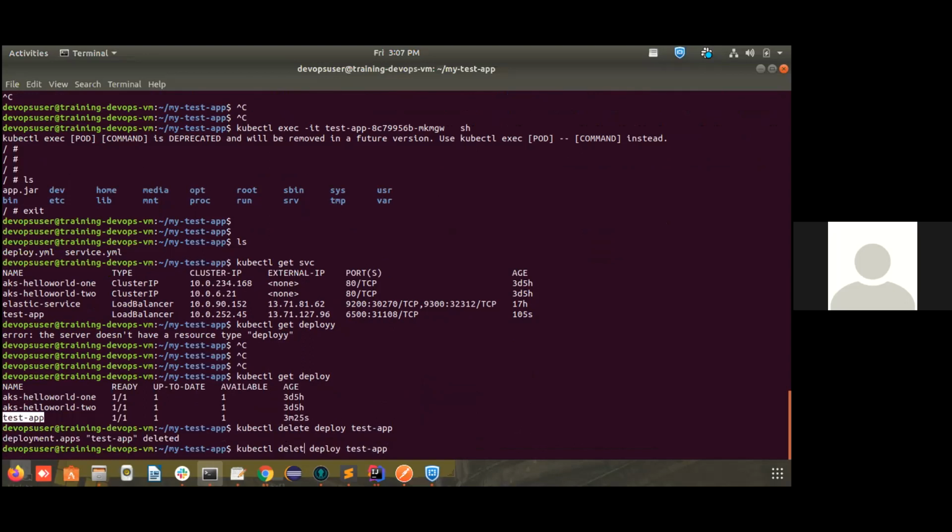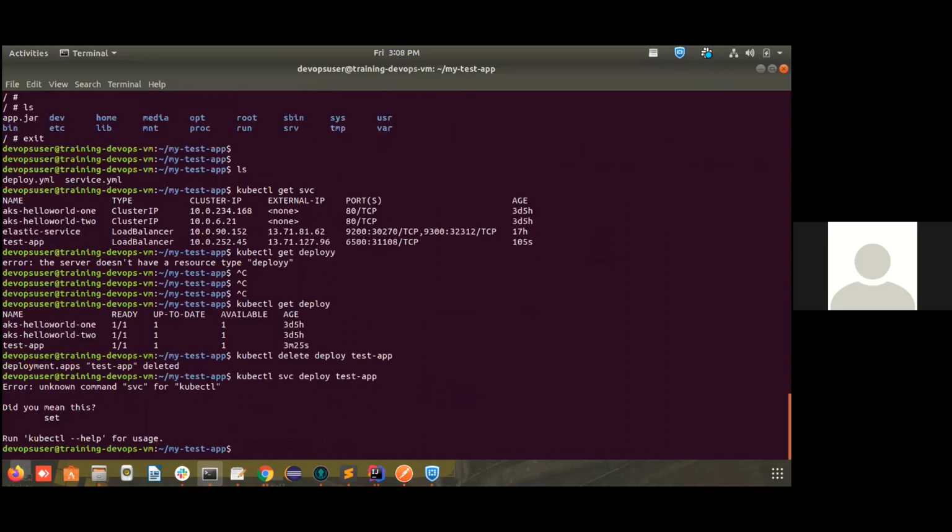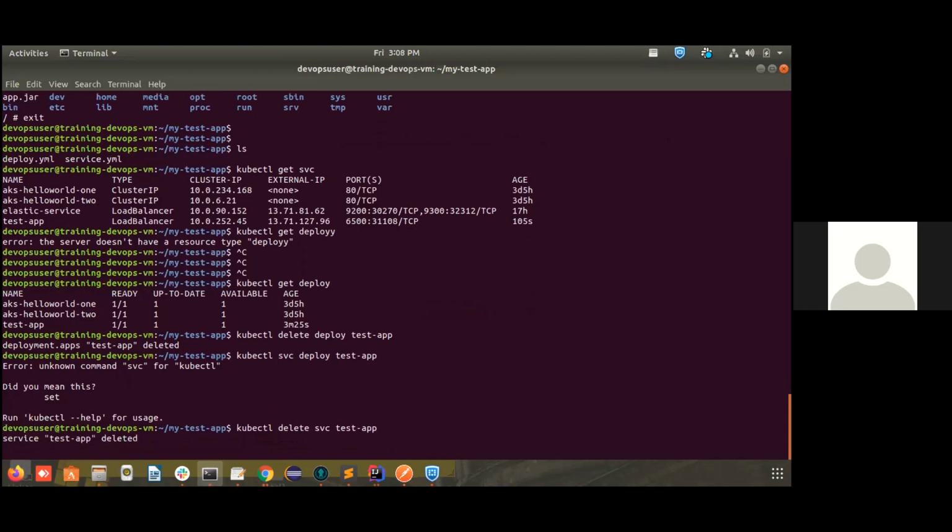The service also will be deleted. svc. What was the service name? This one, same. Okay. kubectl delete svc test app. So the service is also deleted.